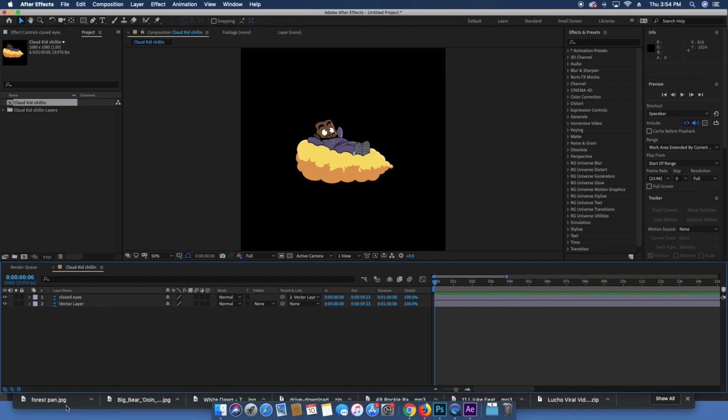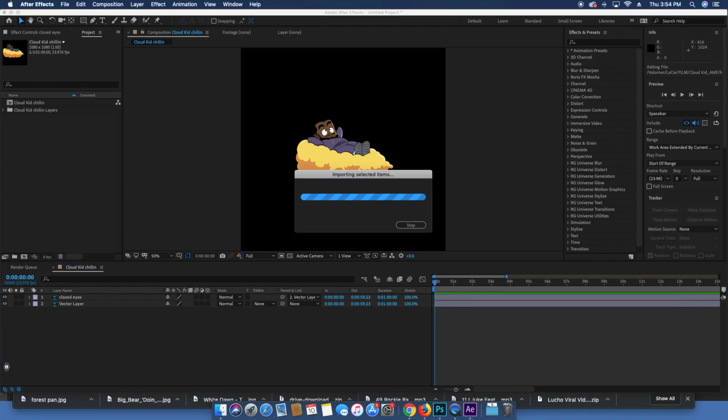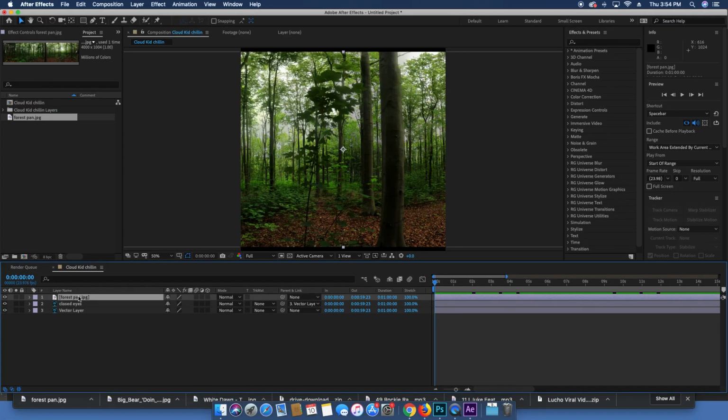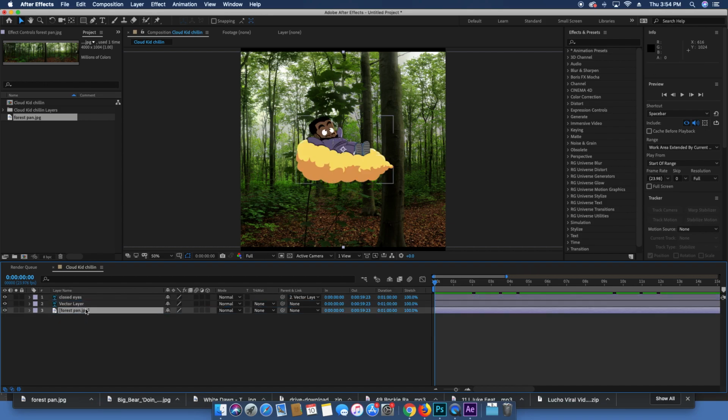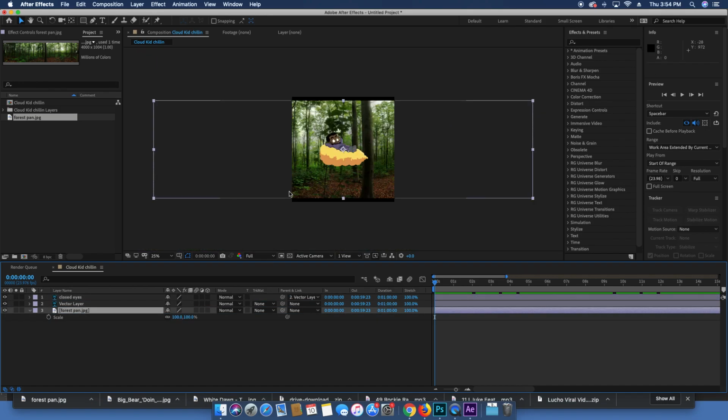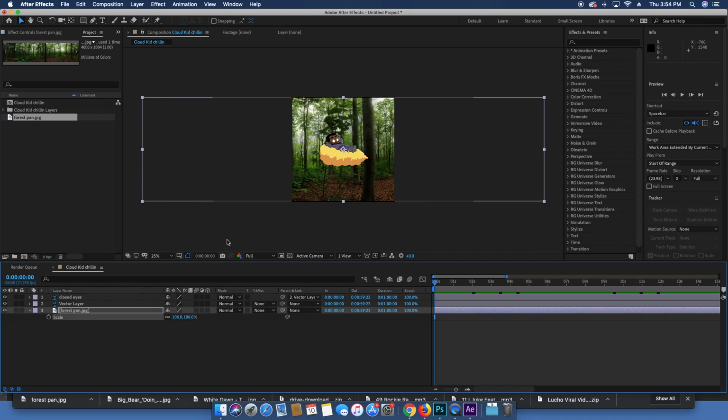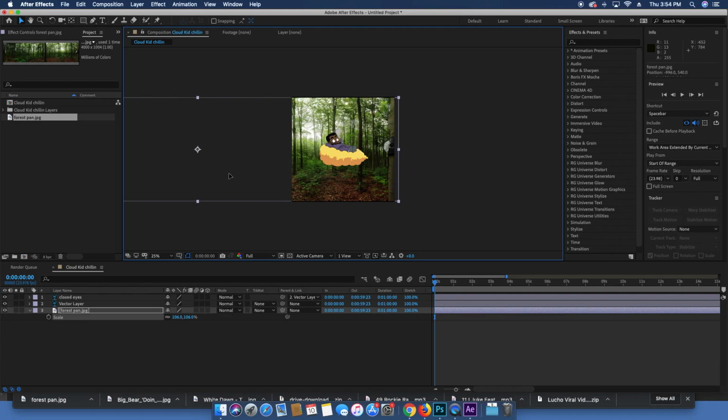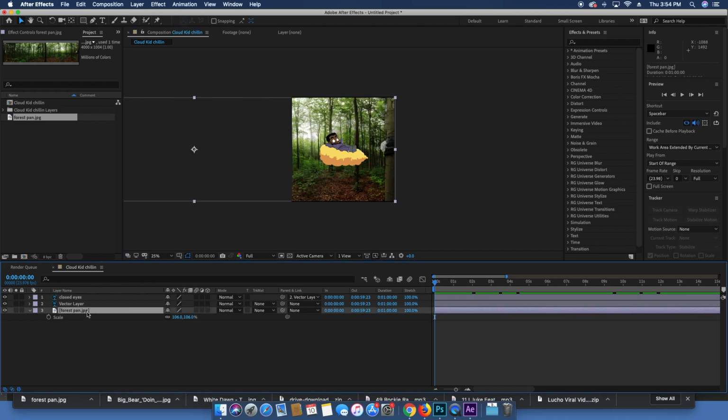I'm gonna bring that file into After Effects, right behind the Cloud Kid. Make it a tiny bit bigger. And we're gonna start it from this side, right? Then we're gonna hit P for position, or you can always just drop that down, but P is a shortcut for position. So hit position, keyframe,